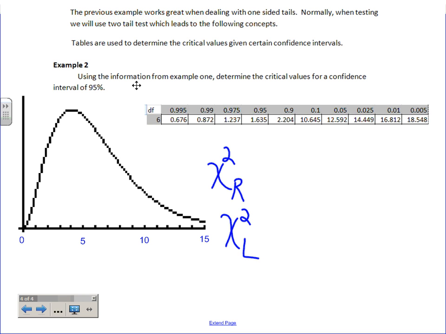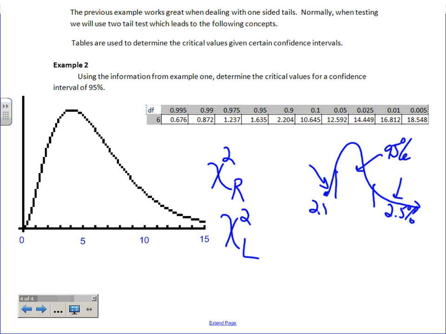So let's just draw some little general graph here, and I'll draw you one. Let's say you look like that, right? We want to find a number here and a number there, so there we got 95%. But then how much is here? 2.5. How much is here? So can I just go find the number for 95%? Is that going to do that for me? No, what do I have to go find? 97.5, and then over here I have to find,